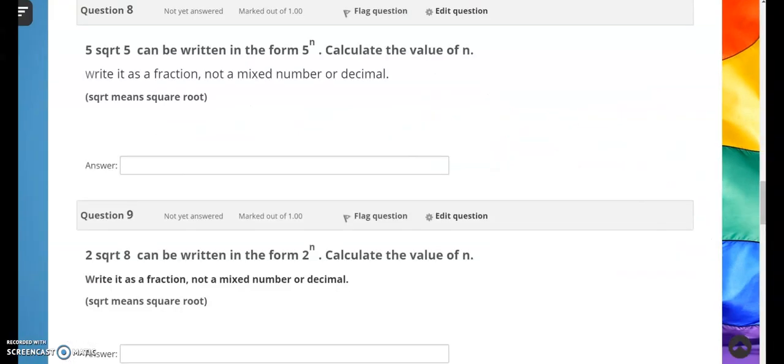In question number 8, we've got 5 square root 5 can be written in the form of 5 to the power of n. Calculate the value of n. So 5 square root 5 is the same as 5 times square root 5. So 5 can be written as 5 to the power of 1, whereas square root 5 can be written as 5 to the power of half, which means that we've got to add the powers. So 5 to the power of